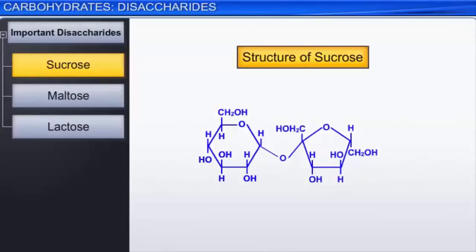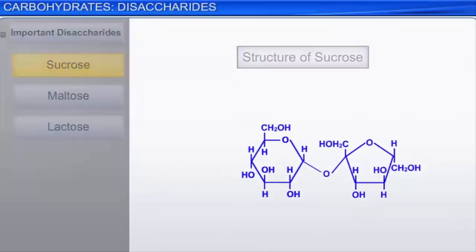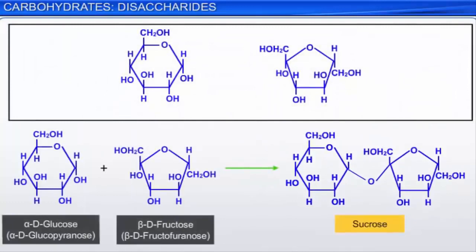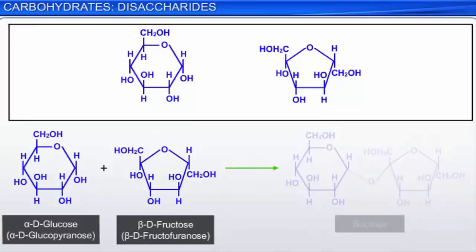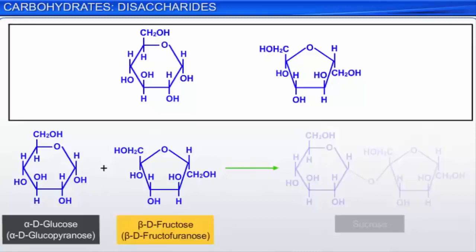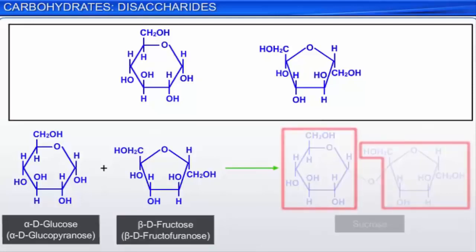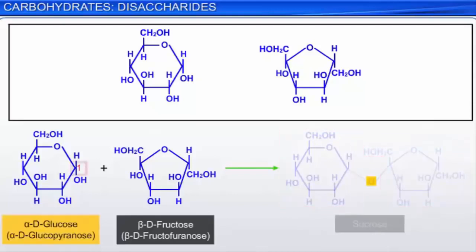Let's look at the structure of sucrose in greater detail. Sucrose is made up of one unit of glucose, specifically the alpha-anomer alpha-D-glucopyranose, and one unit of fructose, specifically the beta-anomer beta-D-fructofuranose. These two hexose units are joined by a glycosidic linkage that is formed between the C1 of alpha-D-glucopyranose and